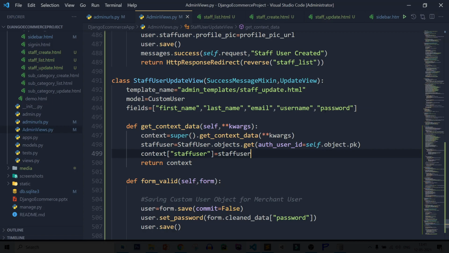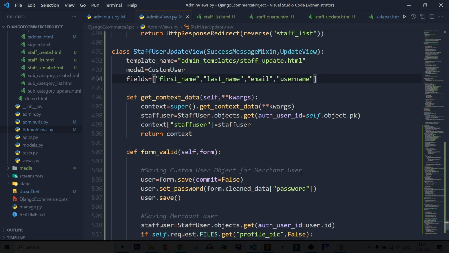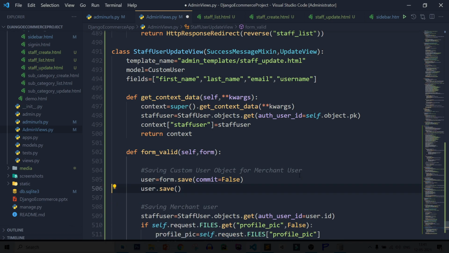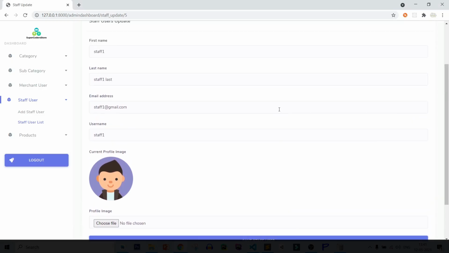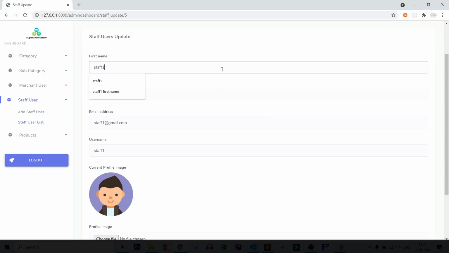Now here in edit page, do one thing, remove the password option, save it, and also remove it, save it, refresh page, and you can see it is working.